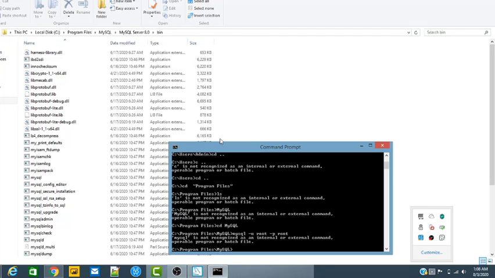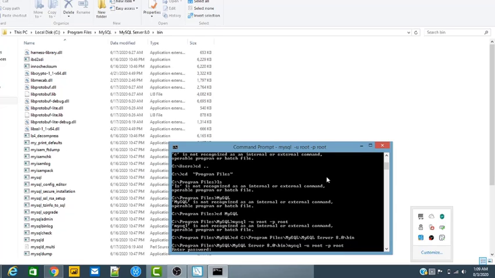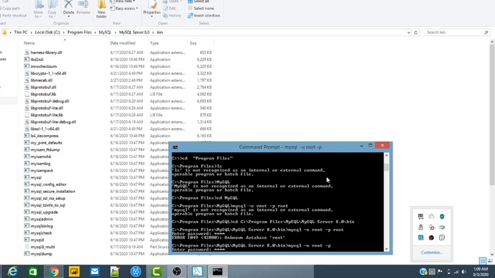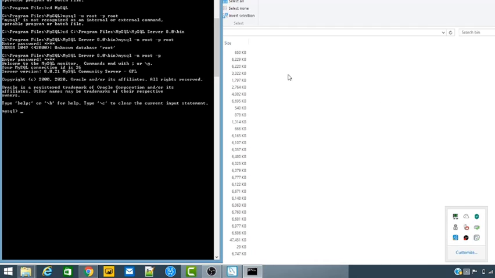So we can go up to bin and open our command prompt and type there the complete string. Then we can type mysql dash u, then username root, then p and then the password. I think we do not need to type the password. So we remove the password and that is done. So this is the MySQL command prompt window.